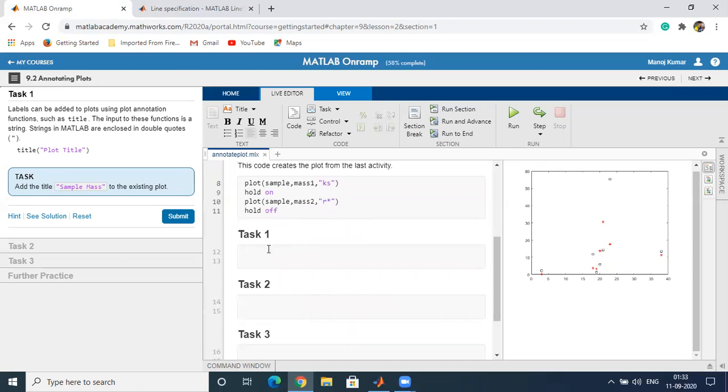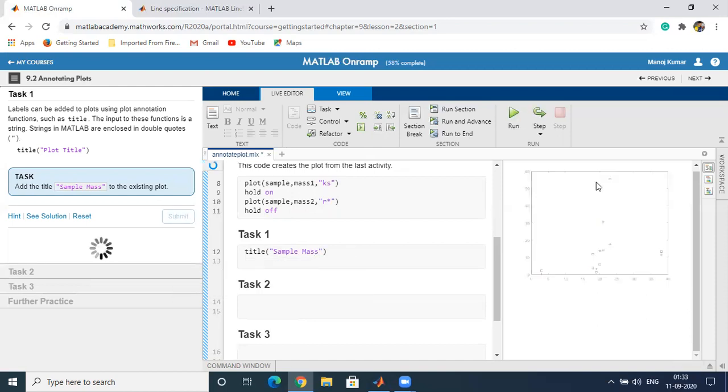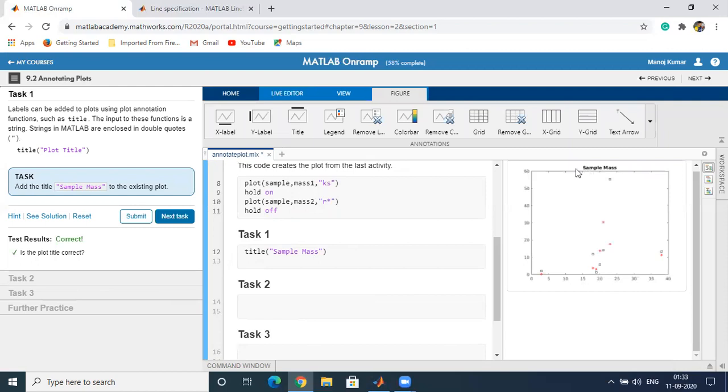So we are typing title within the double quotes, we will type sample space mass. Now it will be in the center of the top of the figure. You can see in the center of the top of the figure, that is the sample mass.